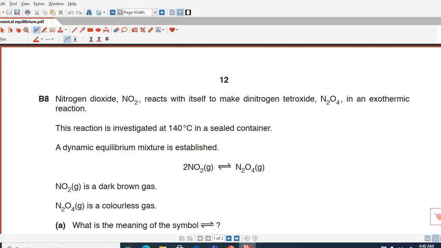Now the question, we can read that nitrogen dioxide reacts with itself to make dinitrogen tetraoxide, right? This is an example of an exothermic reaction, right? And this reaction is investigated at 140 degrees Celsius in a sealed container, right? A dynamic equilibrium mixture is established. This is the chemical reaction which we have discussed in the factors affecting the equilibrium position, right? So